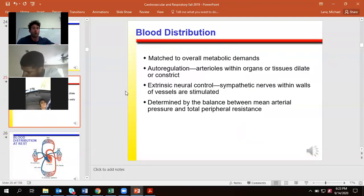Now, our blood distribution is always about matching our demands, which means when we need more blood flow to a certain area, via what's known as autoregulation, we're going to have dilation and constriction. So in general, epinephrine causes vasoconstriction. So we're going to be sending less blood pretty much everywhere in the body, but the local factors are going to cause